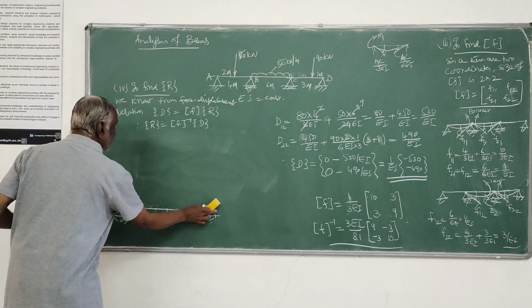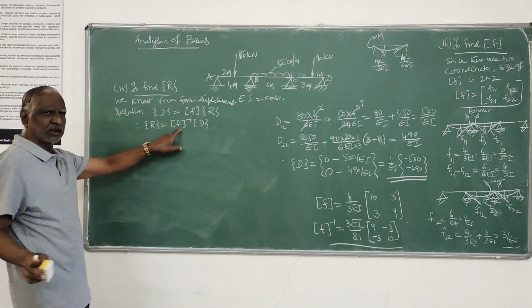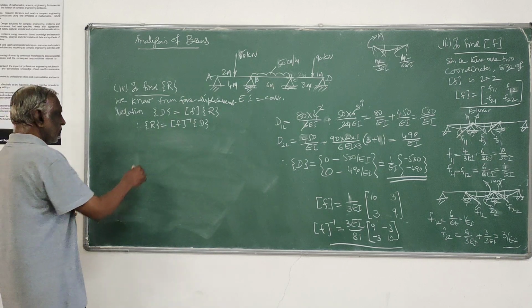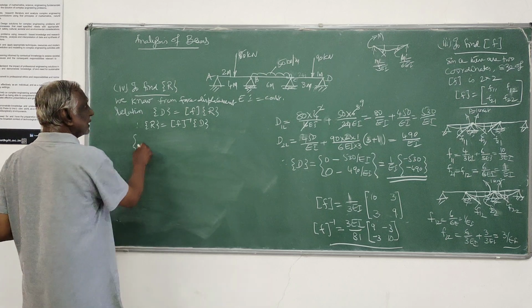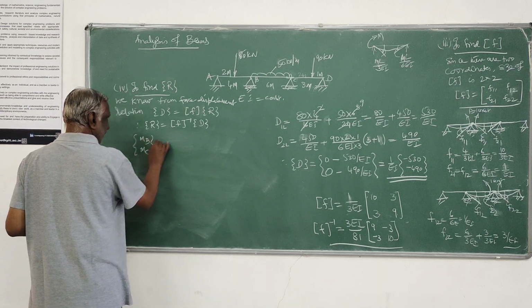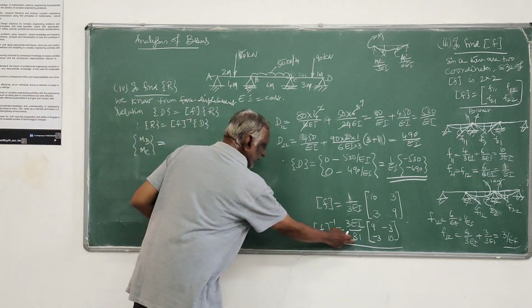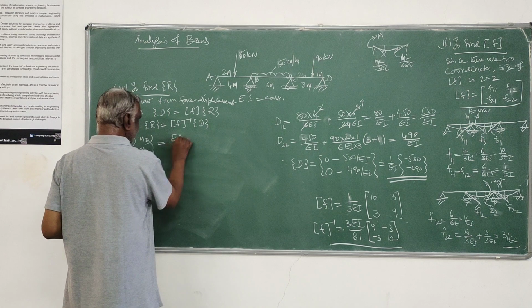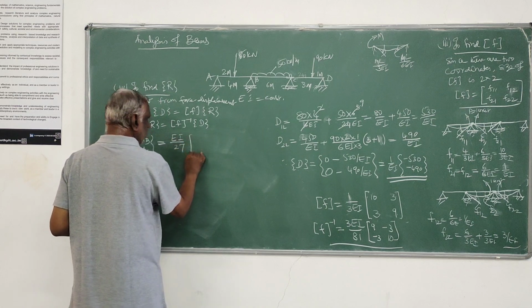In step 2, D I have evaluated. In step 3, I have evaluated F inverse. So R is nothing but, which is my MB, MC, that is equal to F inverse, 3L by 81, or this I can say EI by 27 into 9